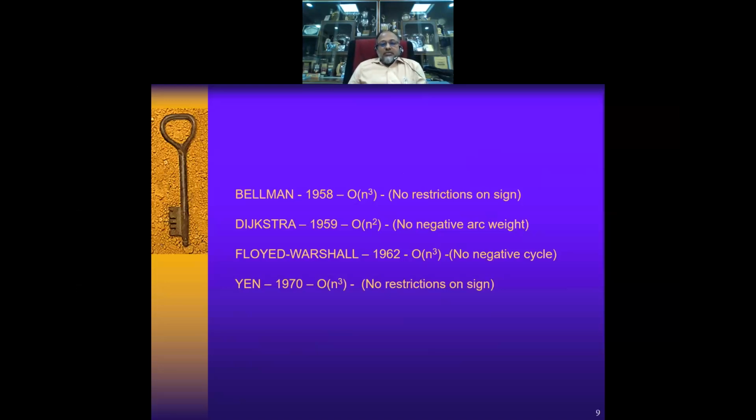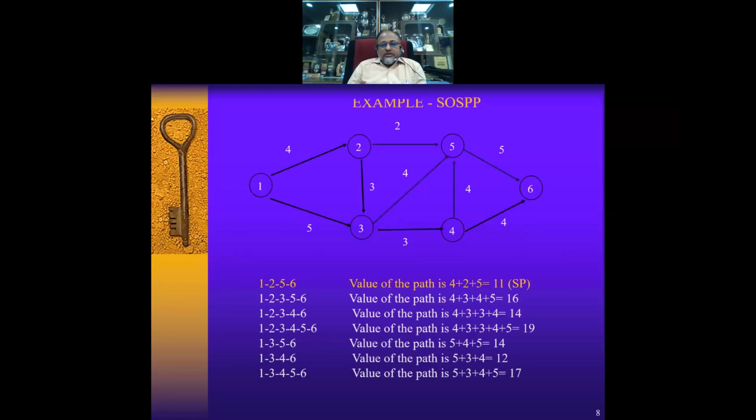That is, the computational complexity of the algorithm is order of n square. Similarly, another algorithm was developed in 1962. Here also, negative cycle is not allowed. Negative weight is allowed, but negative cycle is not allowed. So one should understand what a negative cycle is. If you consider this algorithm, here